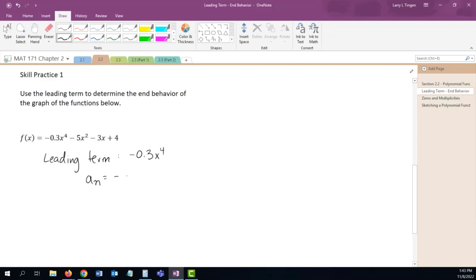Leading coefficient, negative 0.3. The degree is 4. So that means I'm either going to be like this or like this, right? Either both are up or both are down. What determines which one it is is the sign of the leading coefficient. In this one, the sign of the leading coefficient is negative. So that means